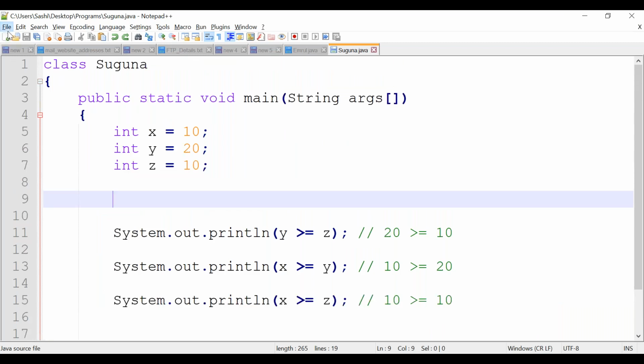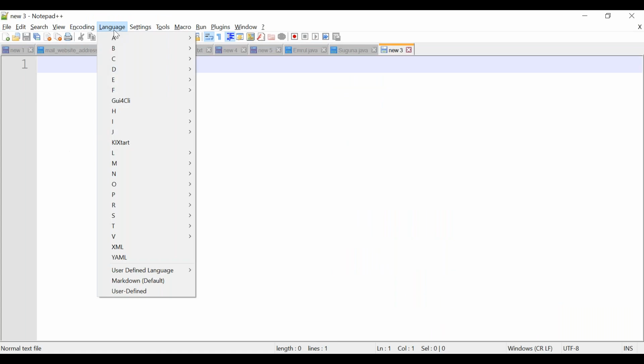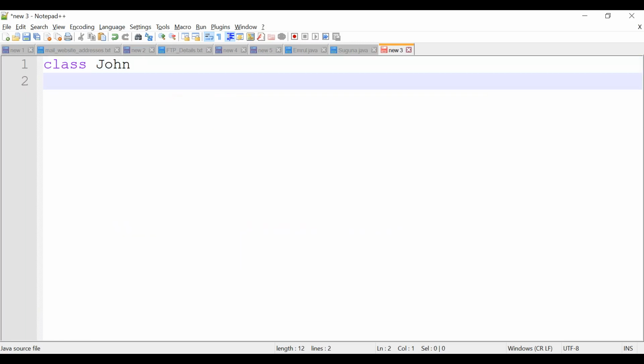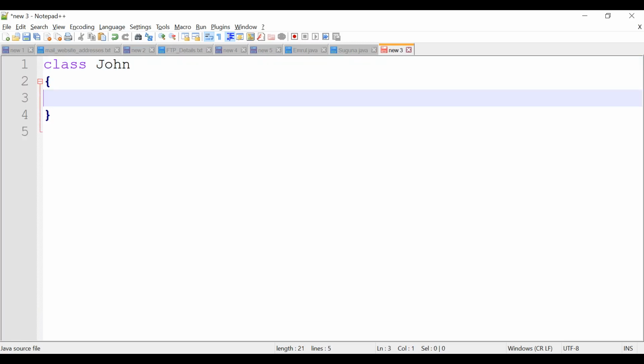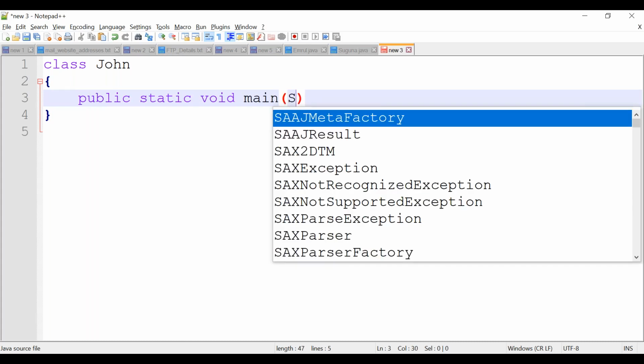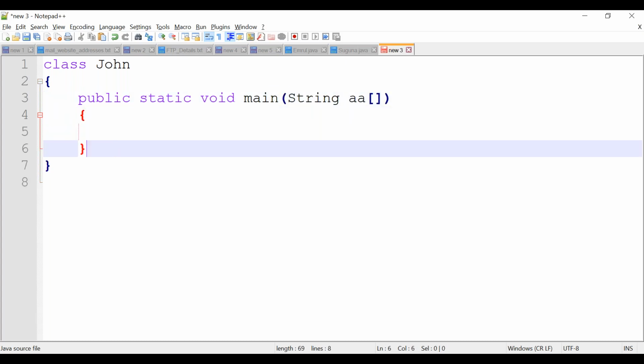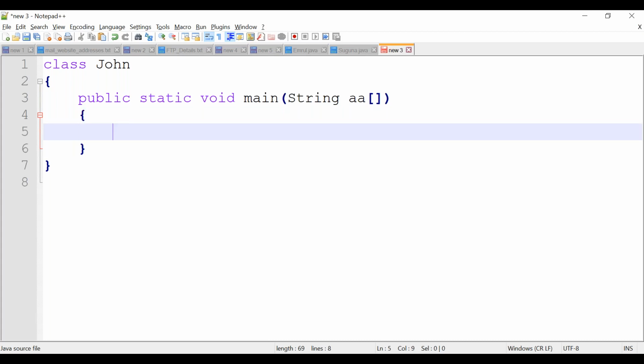Let's go with one more program. Consider I have some variable like this, boolean x equal to true.